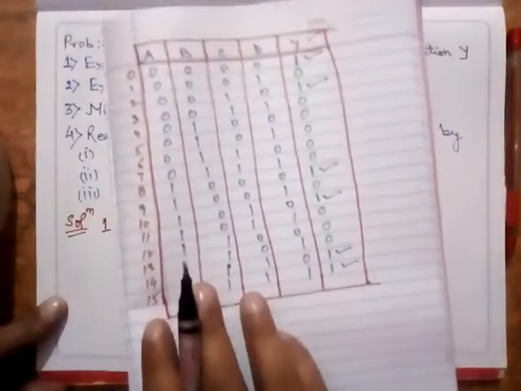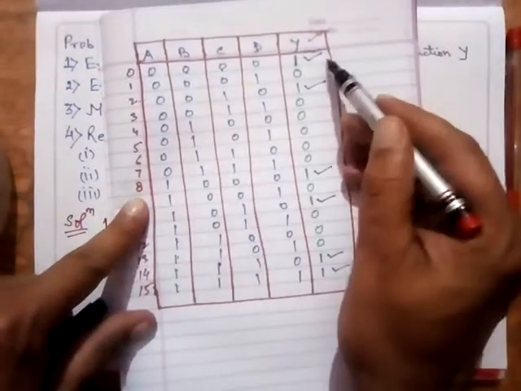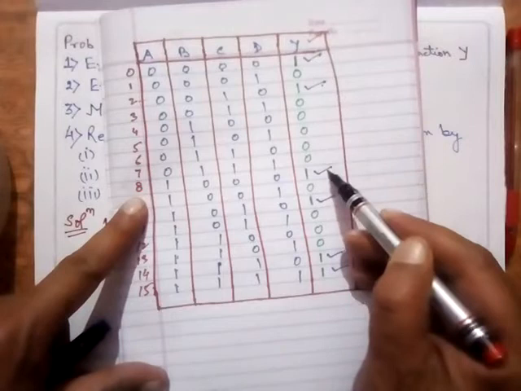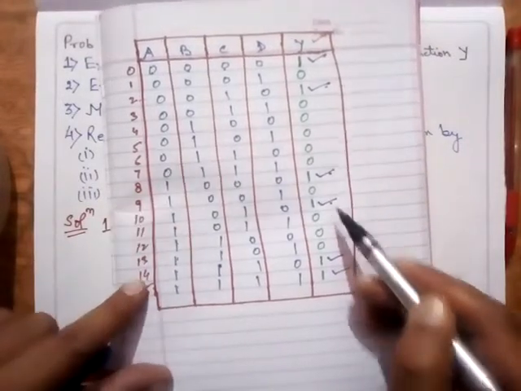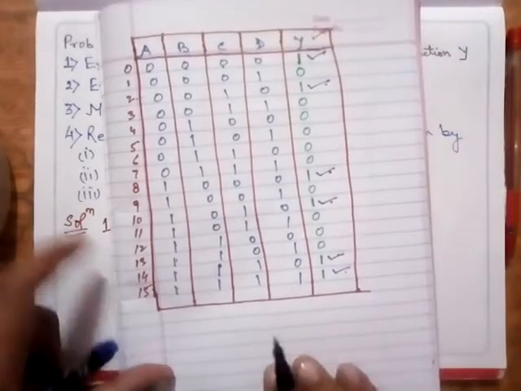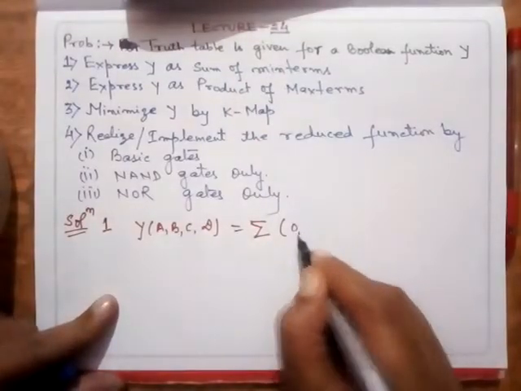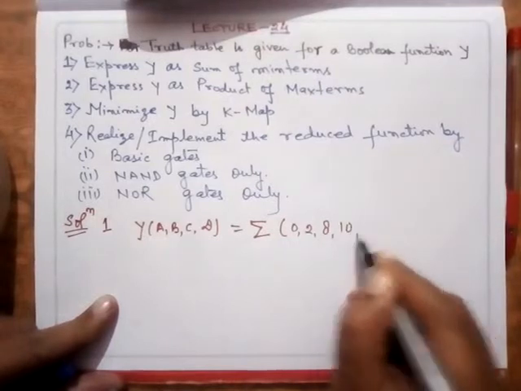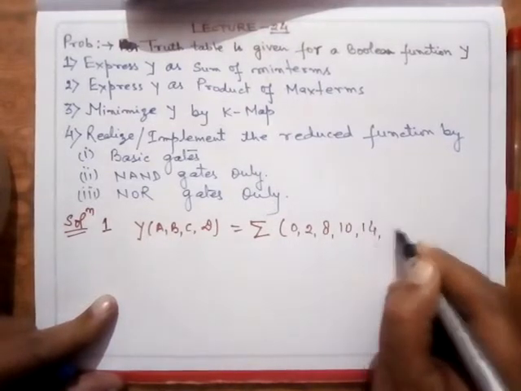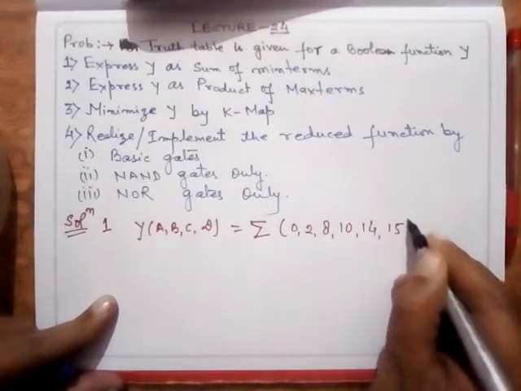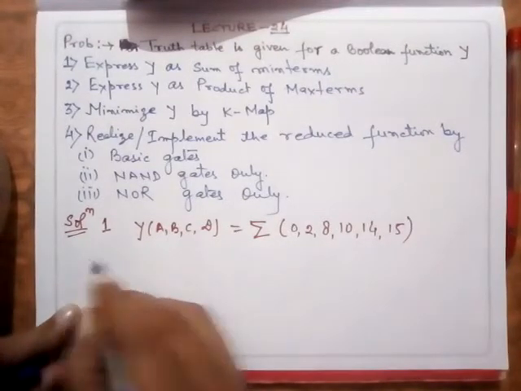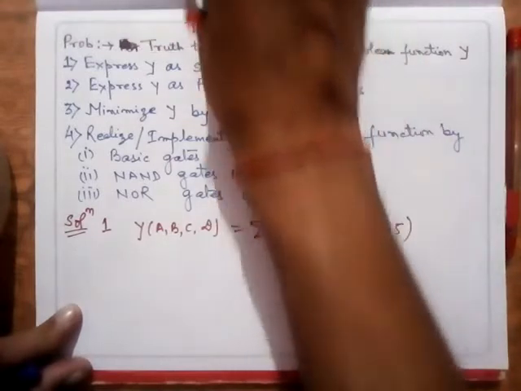Wherever you have ones, those are minterms, and I find that these minterms are at 0 2 8 10 14 and 15. If I can also write this as y as sum of minterms, or same in the canonical form,